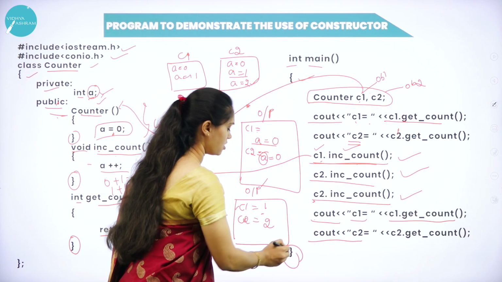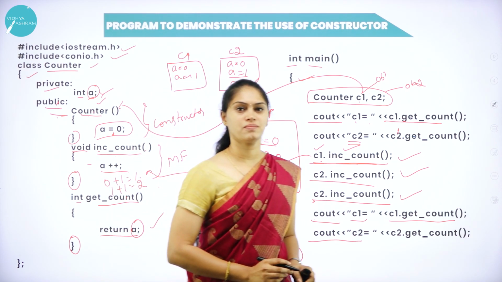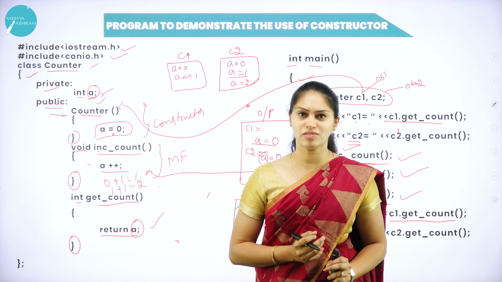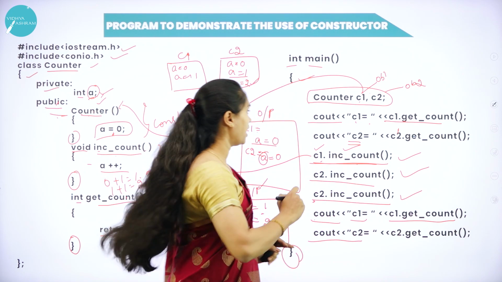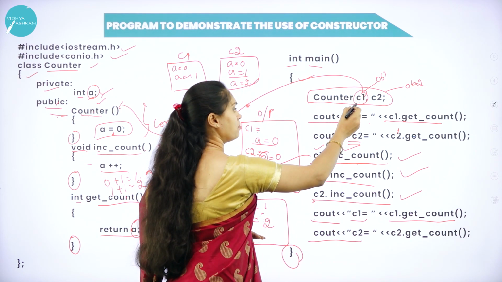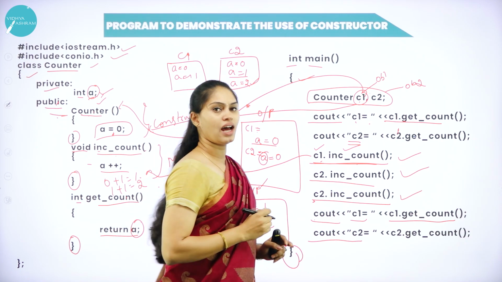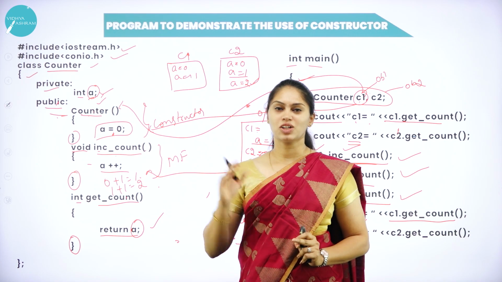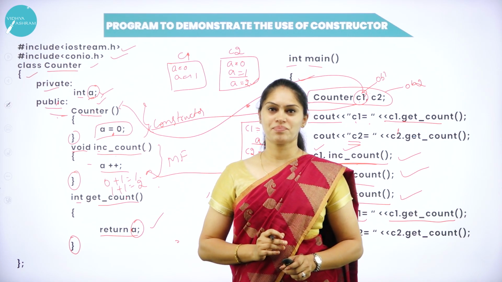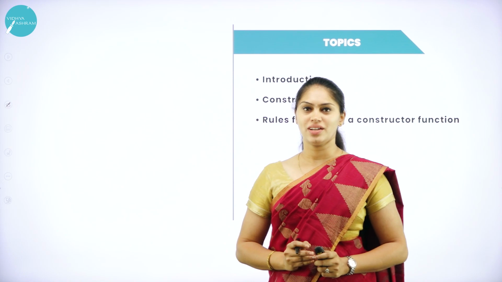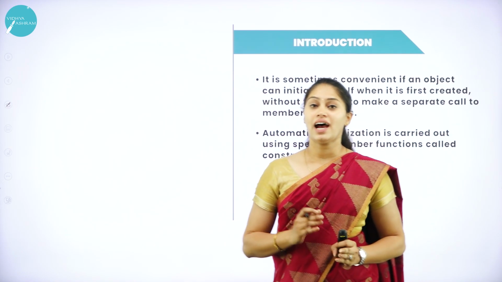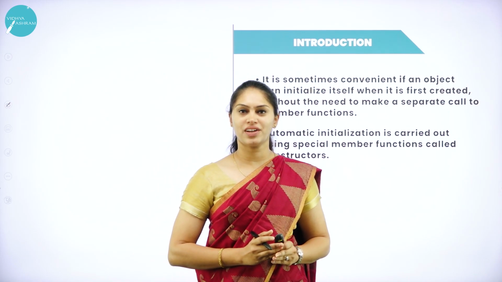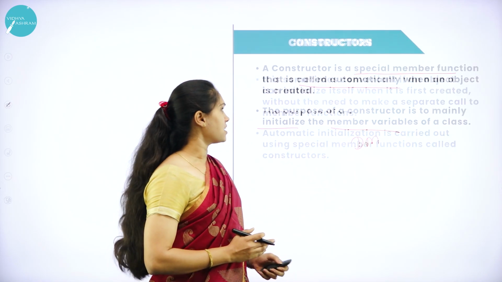And I am going to end the scope of this main function. So this is how a constructor will work. Here I am not calling any member function. When I am creating an object for a particular class, the constructor is called automatically. In order to initialize the data variables automatically, I can go with a concept called constructor. So in today's session, I discussed what we mean by constructor and why it is required. Mainly, to initialize the data variables of a class, I use the constructor concept.